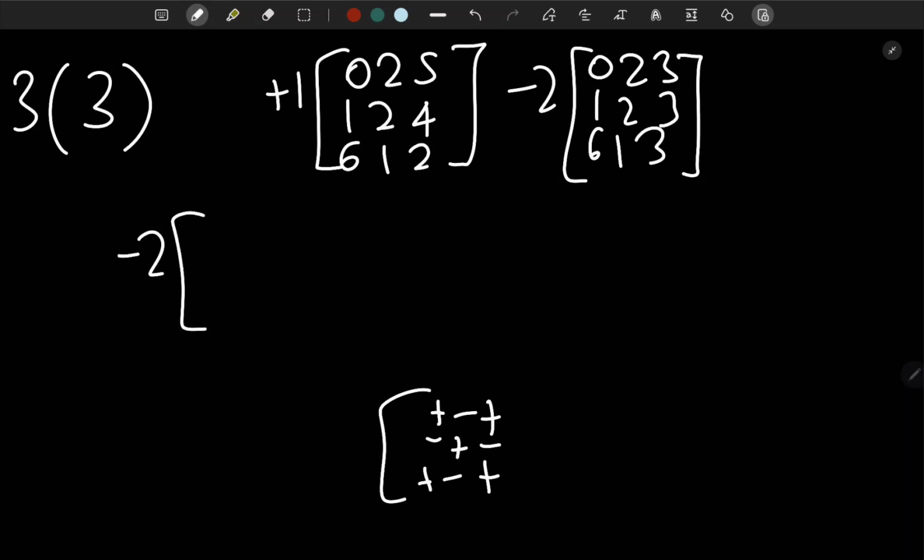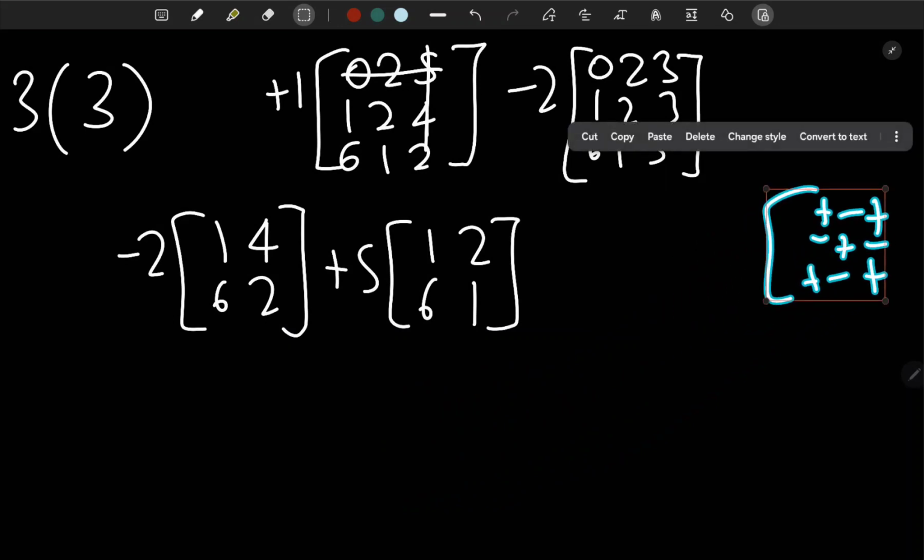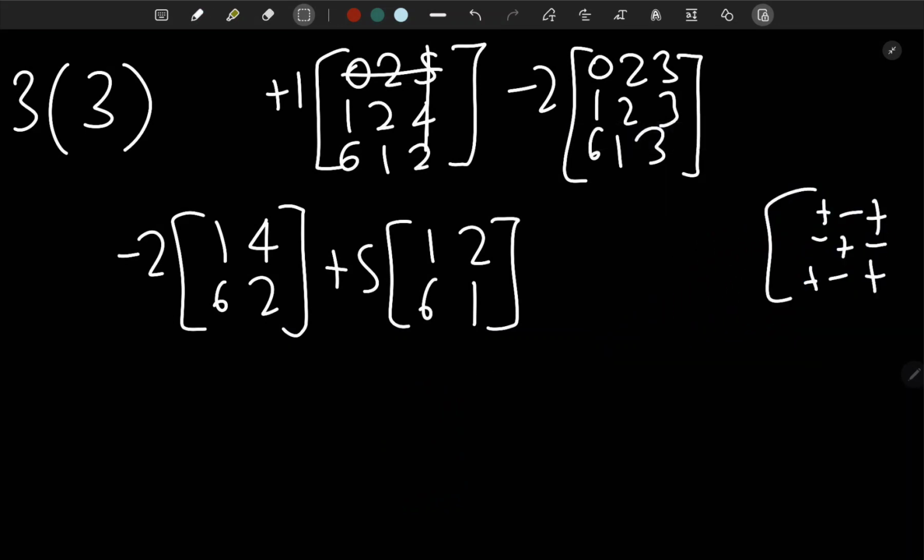So now open brackets, first row and the second column, 1 4 6 2. Moving on, it will be 5 plus 5 into 1 2 6 1. Now simplify this. I'm gonna move this to the right hand side. Okay, minus 2 into